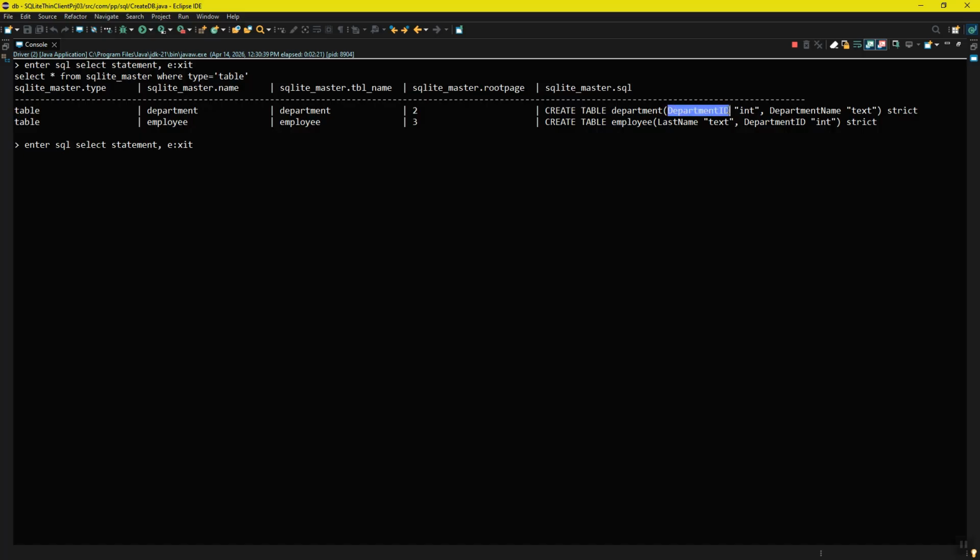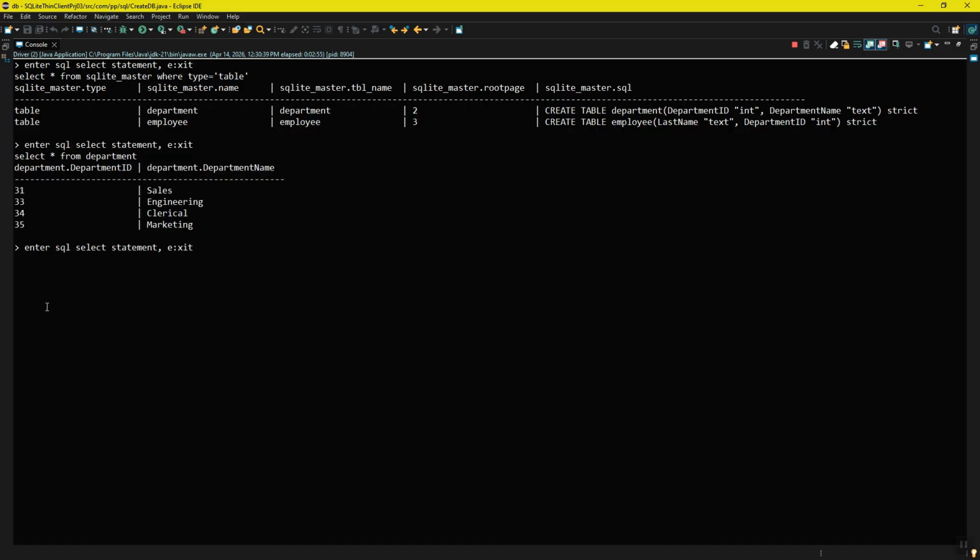So we have department ID, which is an int, and department name, which is a text. And here last name, which is a text, and department ID, which is an int. So if we do a select on this department, and if we do a select on employee,